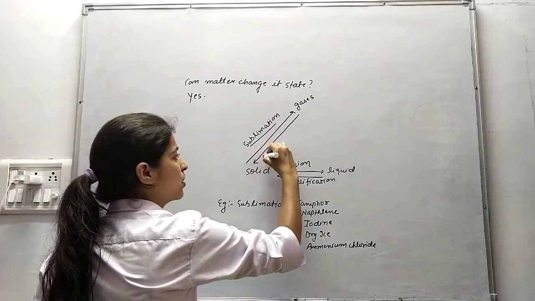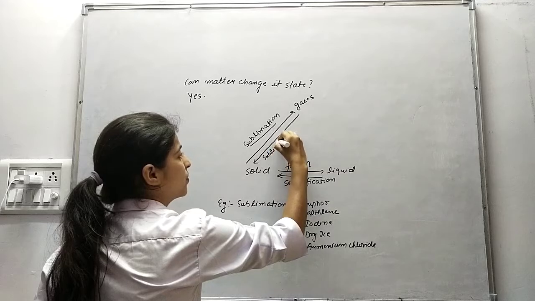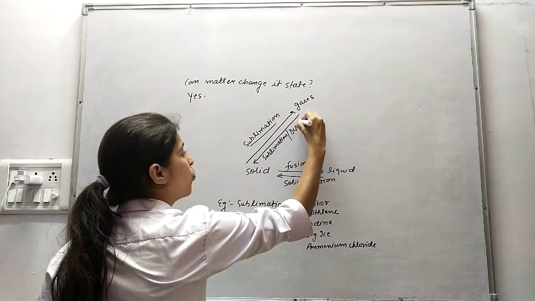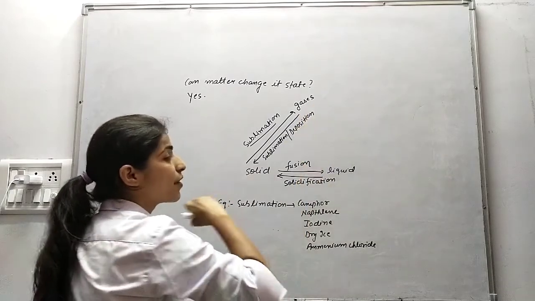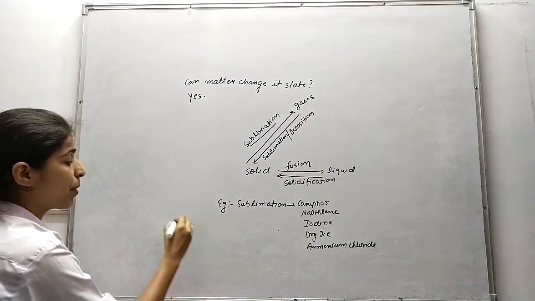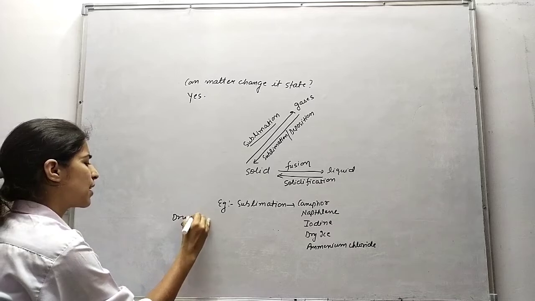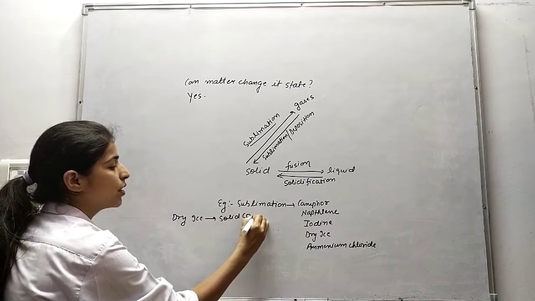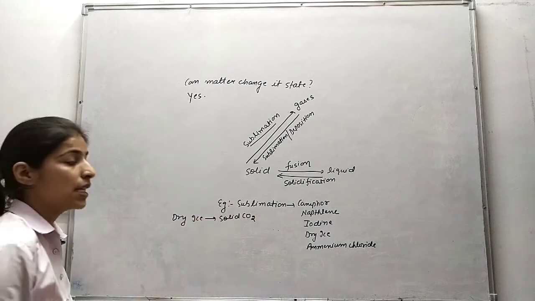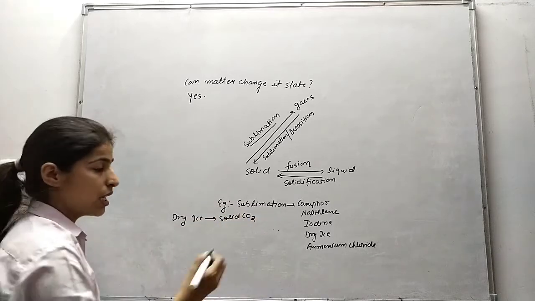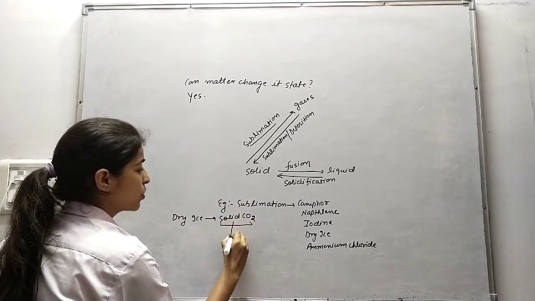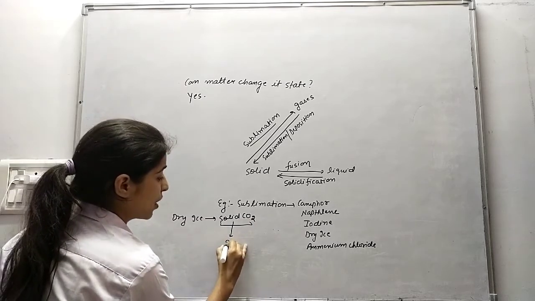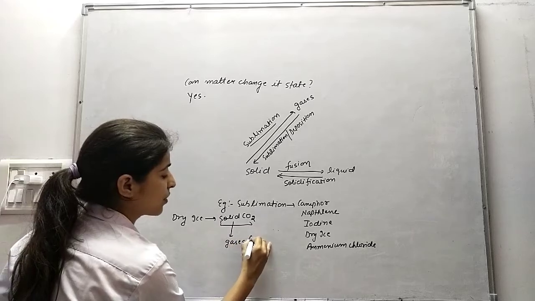Fine. And gas into solid state is also known as sublimation, as well as deposition. We can take the best example of dry ice. What is dry ice? Dry ice is solid carbon dioxide. We can convert the solid carbon dioxide into the gaseous form, gaseous carbon dioxide,